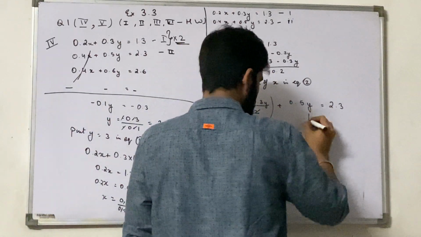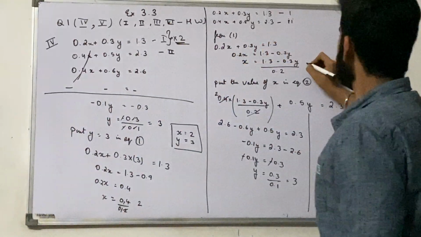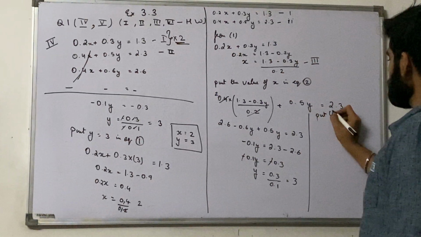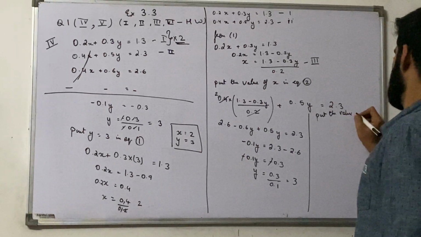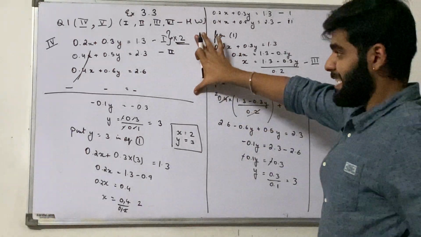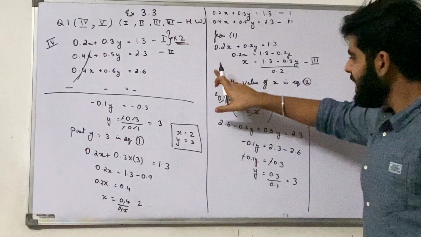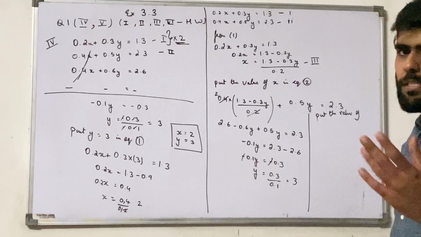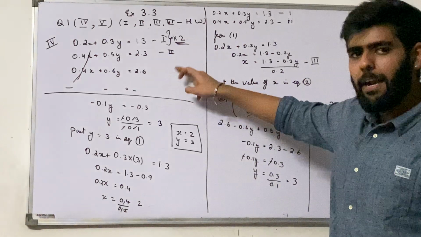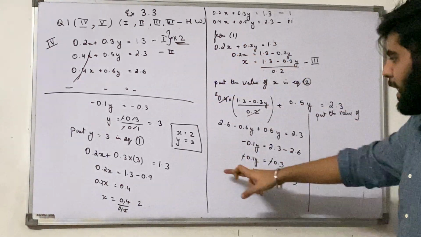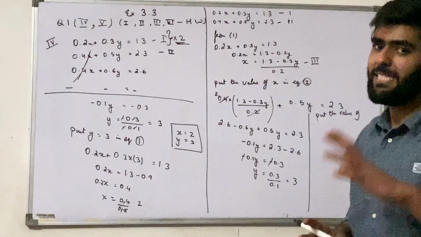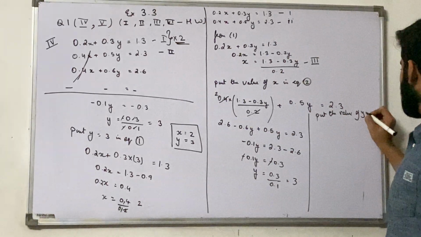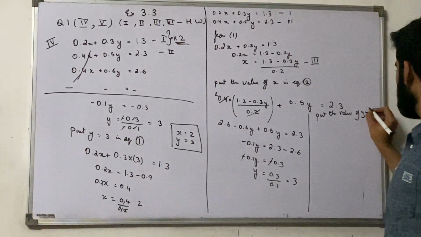Now we should have marked this 3. Now we will put the value of y. See, this step and this long full step are of the same significance. You are going to get 1.5 marks for this also and 1.5 marks for this, and this seems to be pretty simple. Now further, put the value of y in equation 3.